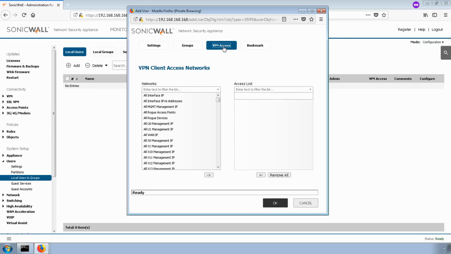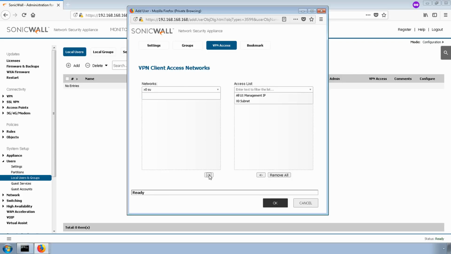Next, click the VPN Access tab. The VPN Access tab allows us to provide network access and granularity for what this user can access. We have a very basic network, so we'll simply provide the entire X0 subnet. So let's go ahead and do that now. There, we've added the X0 subnet. The X0 subnet has a corporate machine that we'll want to access while performing our tests later. We'll click OK and head over to the SSL